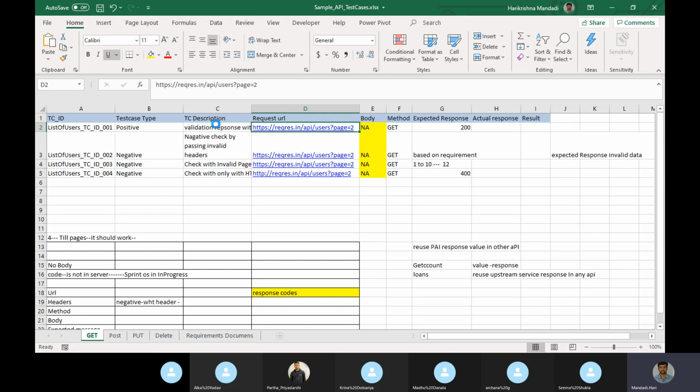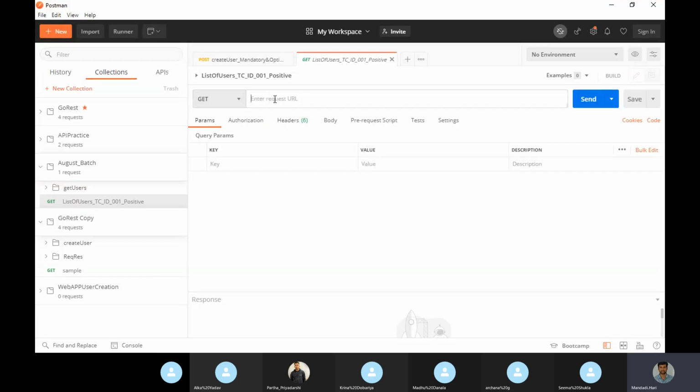First, we need to get the user in the URL. Whenever I give my URL, and whenever I give something after the question mark, as I said, normally my URL will be like this. It will bring all the page users, not only second page users. Let's try that first. So this is the one.